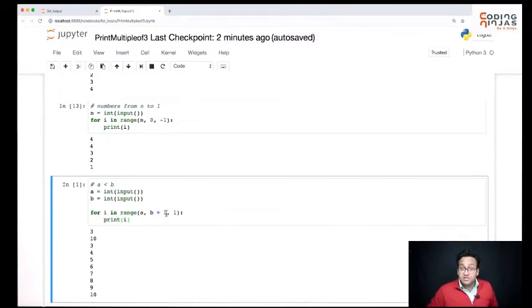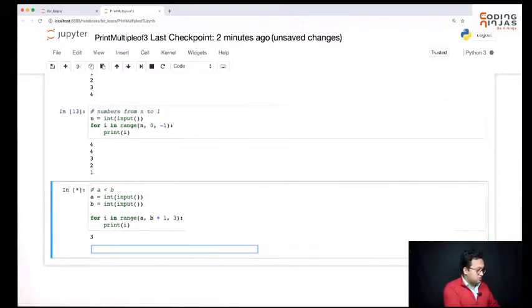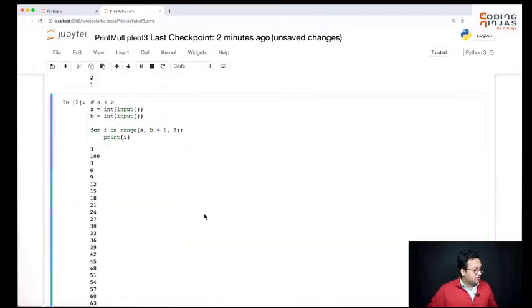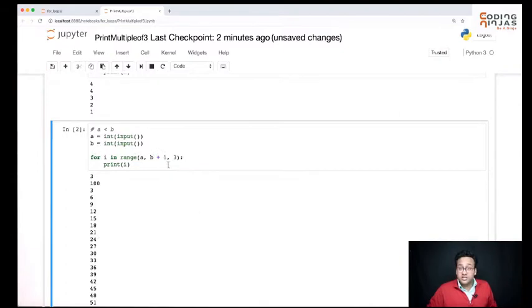Perfect. Okay. Let's say I want to start from 3, go till 100 and print all the multiples of 3. One obvious way is, instead of incrementing it by 1, now I can increment it by 3. Okay, let's run this. So 3 to 100, and it goes from 3 till 99, absolutely fine, works great, because it's printing all multiples of 3.